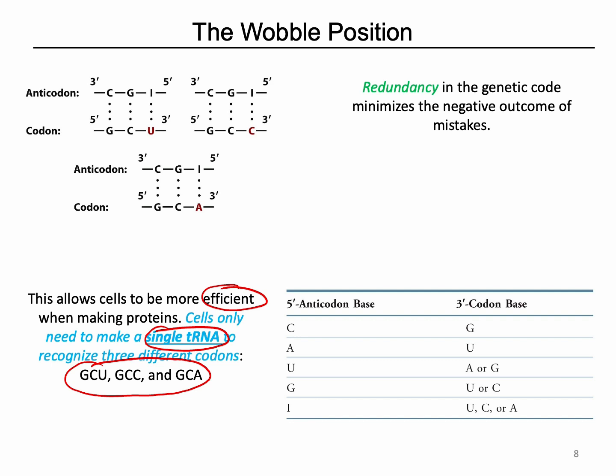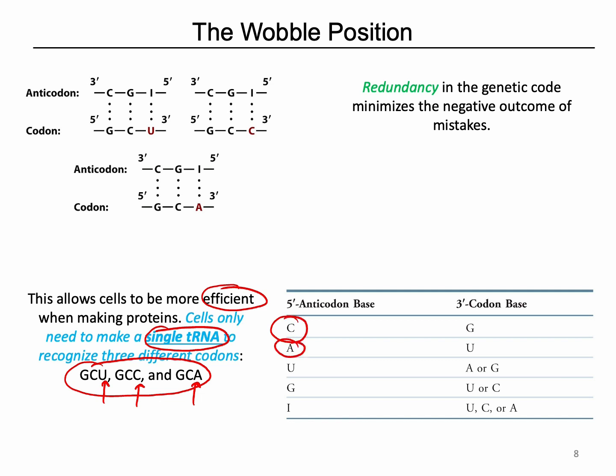It doesn't have to use so much energy to make three different tRNAs, three different aminoacyl tRNA synthetases, when one can do the job. Because this third position really doesn't matter. It's called the wobble position. Okay, so